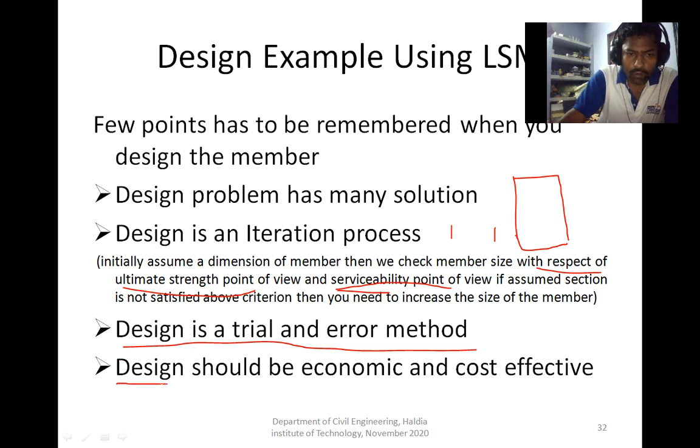Also, design should be economic and cost effective. You cannot use a very large section for a member. If you use a large size, then it becomes uneconomic.